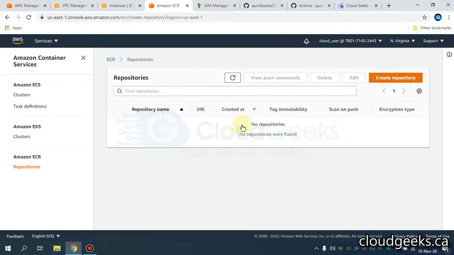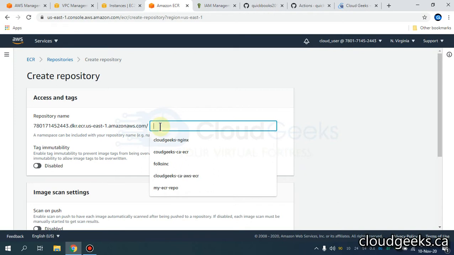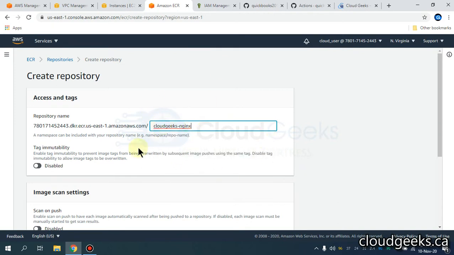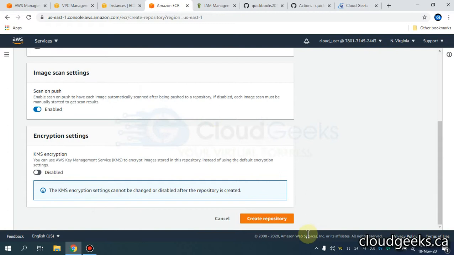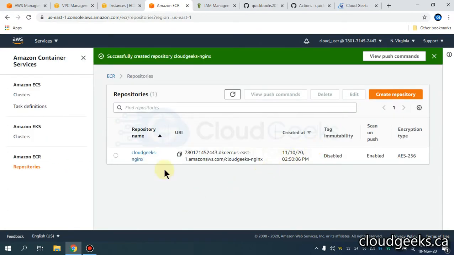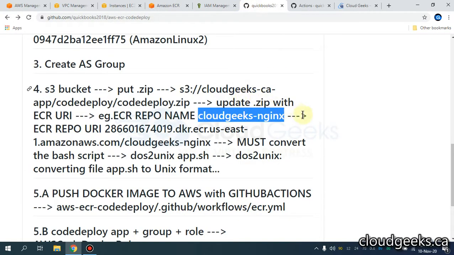Okay, so let me create one repository here for our Docker containers, and we are going to push the builds of our Docker images from GitHub Actions into this particular repository. So I'm going to enable the scanning of images, and that is it. So create the repository. Okay. So this is the URL of our repository. If I navigate to my steps, I'm going to copy the URI, and also I'm going to update my